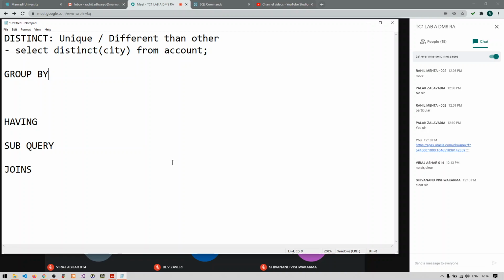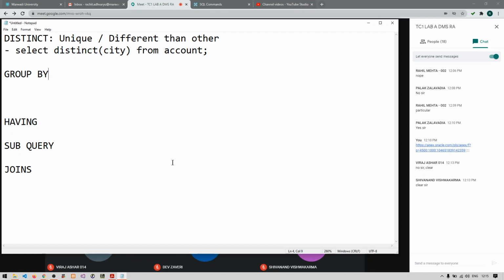That means the properties, the behavior of a person with whom you are actually comfortable, you will have those persons in your group. So similarly in Oracle or in SQL, if you want to group some of the data based on their values, you can use group by for it. Right? Group by means you are grouping the same data into different individual groups.